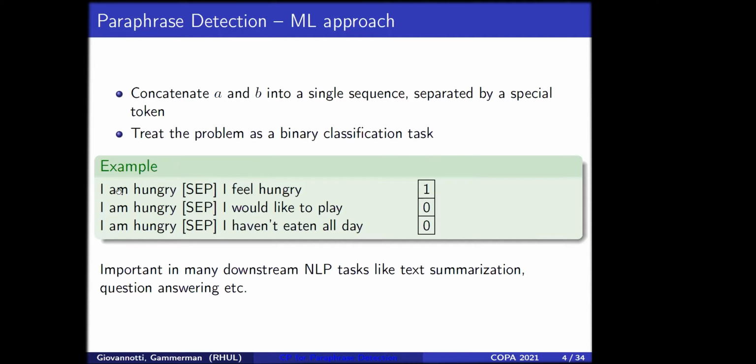So a few simple examples. If A is "I am hungry" and B is "I feel hungry", then our data example will be this sequence with a separation token that tells the algorithm that this is where the first sentence stops and the second sentence starts. And this is a positive example, of course, because these two sentences have the same meaning. The second example, of course, is a negative one. "I would like to play" is different from "I'm hungry". And the third example is still a negative one,